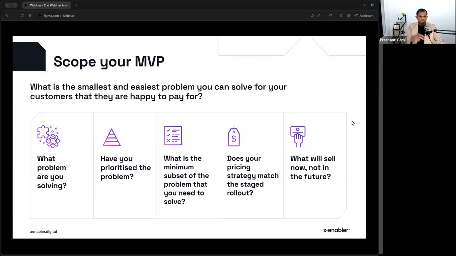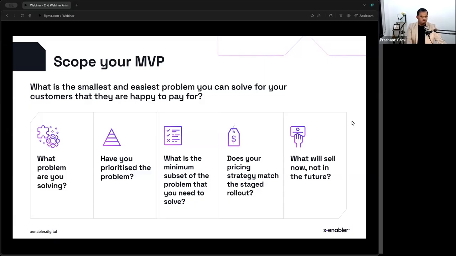And you can release multiple products in the same suite. Like Microsoft Office is a classic example. It has Word, PowerPoint, Excel, all of that. So you can buy one or the whole suite and so on. So just charge for what you are selling at the moment, and your pricing strategy should match that. Okay, how that needs to change. Do I need to reward the existing or early adopters and give them some discount when they buy the second version for a while or something? All right. And just be very clear what will sell now.